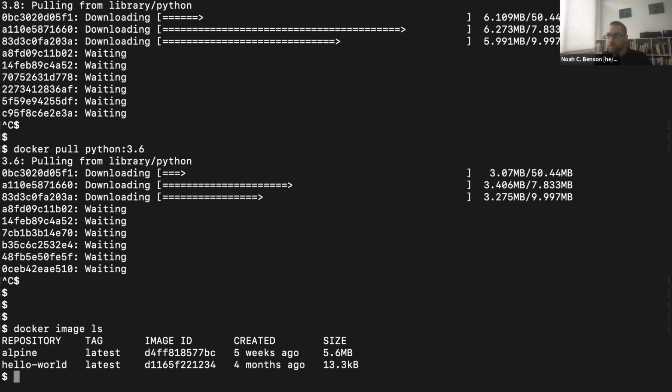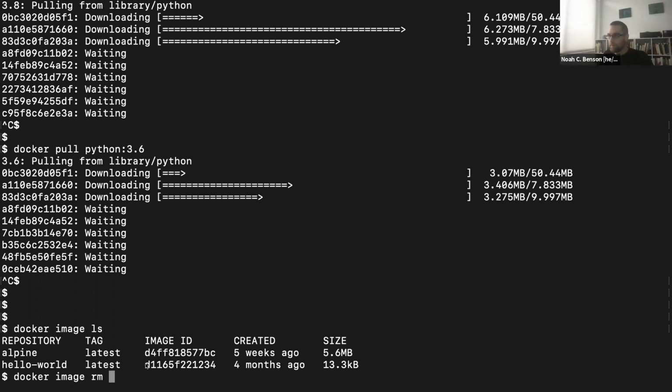Now, if we want to delete an image, we don't know where it lives on the file system. It lives in some place that Docker keeps track of. So we have to use a Docker command to do this deletion. And given that docker image ls is how we see a list of them, it may come as no surprise that the command to delete one is docker image rm. And when we delete an image, the safest way to do this is to find the image ID